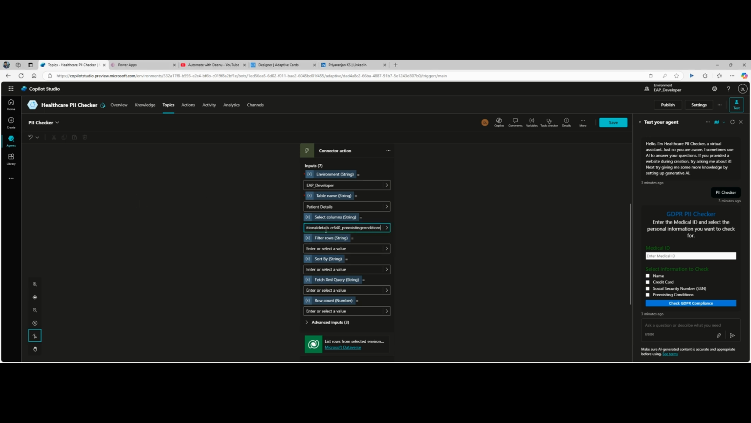So these are some selected columns. Okay, so these are the columns I want to fetch from the Dataverse table in my environment, EAP developer. Then how can we apply the filter here? So you have to use